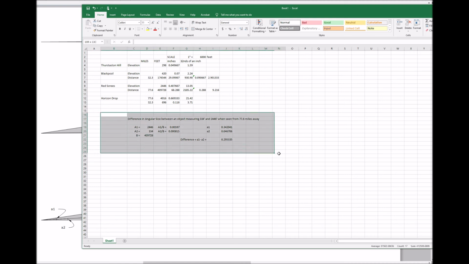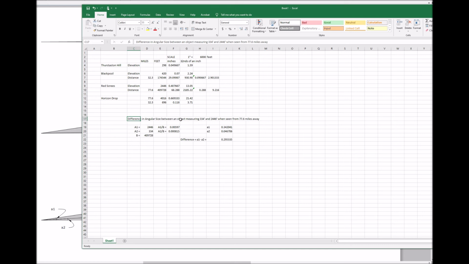So here we are. I've made this little table in Excel. Difference in angular size between an object measuring 334 feet and 2,446 feet when seen from 77.6 miles away. A1, 2,446 feet. A2, 334 feet. B, that's the length of my base. That's the distance between my observation point and Red Screes,